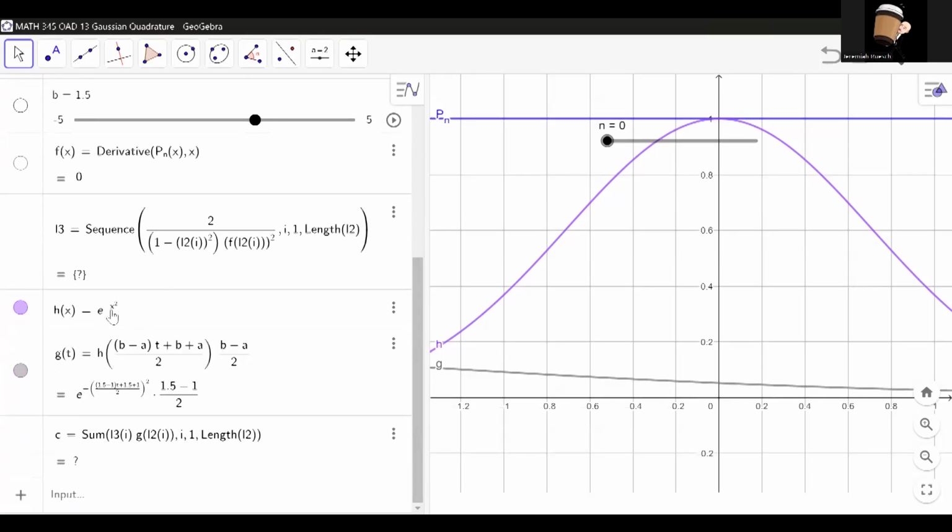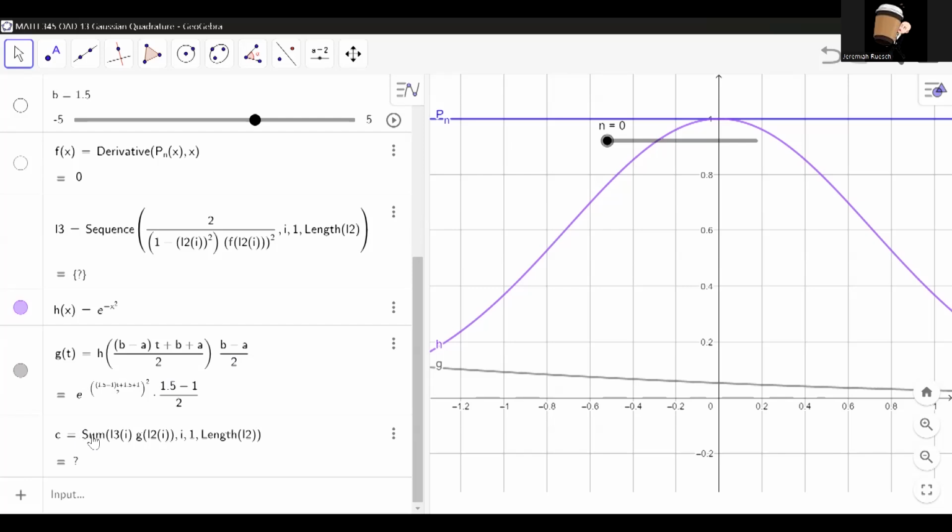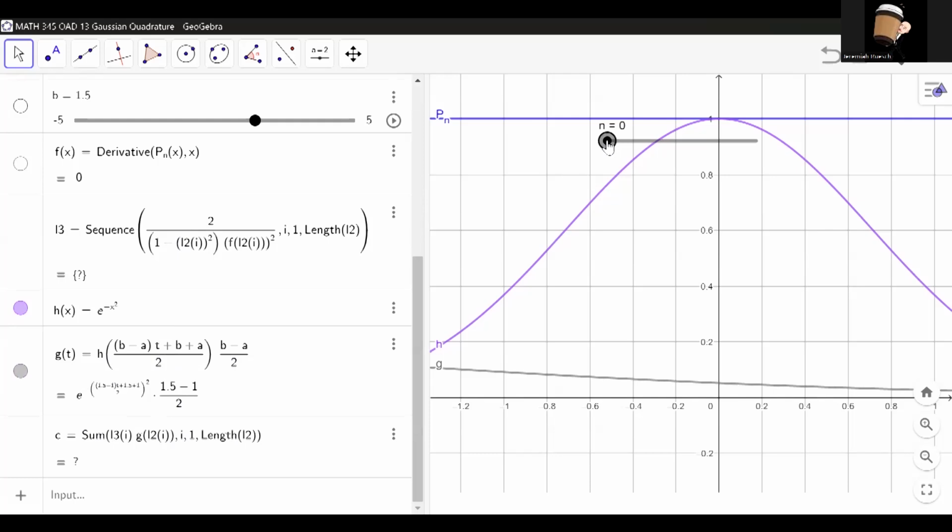Okay, and then here's my h of x, which is really the f of x in the original problem. Here I'm inputting the values to transform it so I can integrate from -1 to 1. This is the change in variable, if you will. And I have this times the dx term. So I plugged in everything here, and that's what I'm evaluating. And then here I'm actually computing the integral by summing over the products of list 3, which is generated from the coefficients, times the function evaluated at this change of variables. So it's this thing. And as we go through, you'll see for n equals 2,